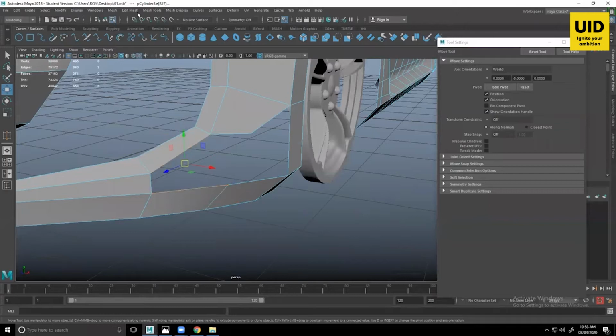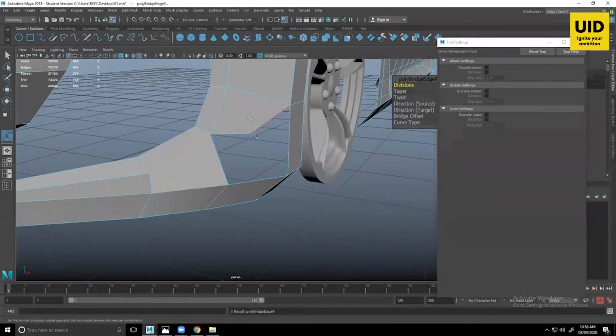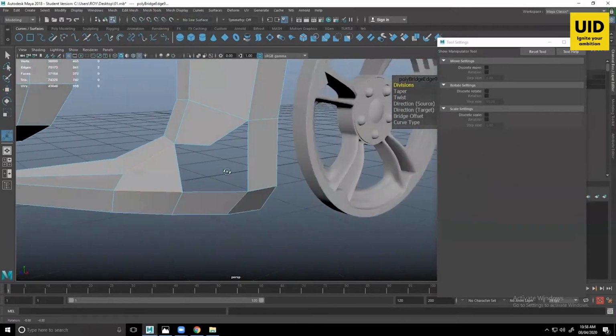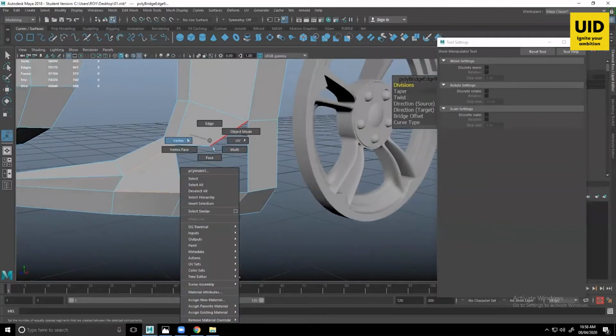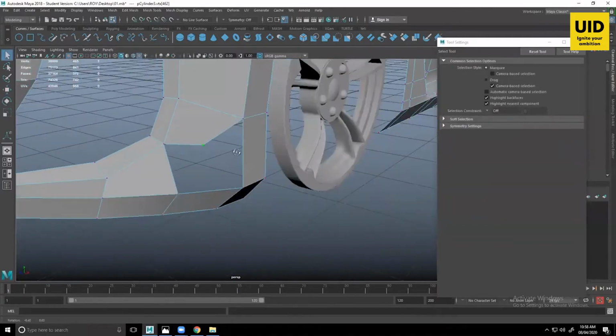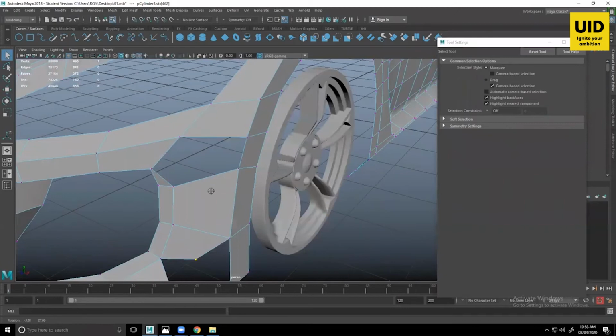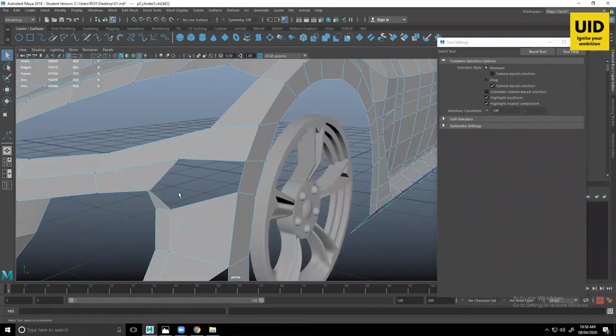Let's see. इन दोनों को कर देते हैं bridge. Okay, so what we can do is connect from here, right?